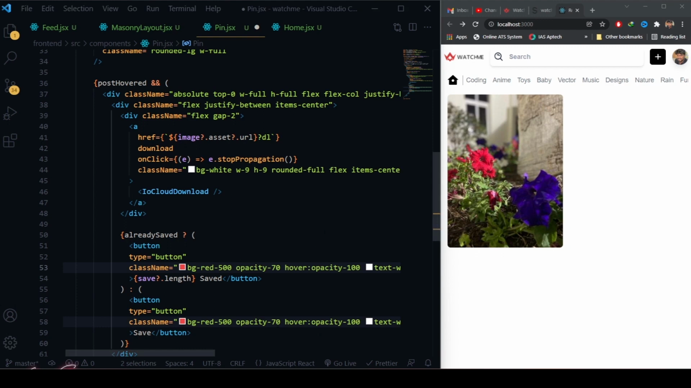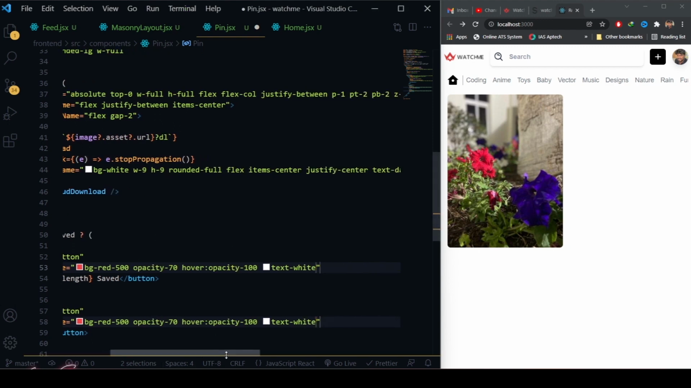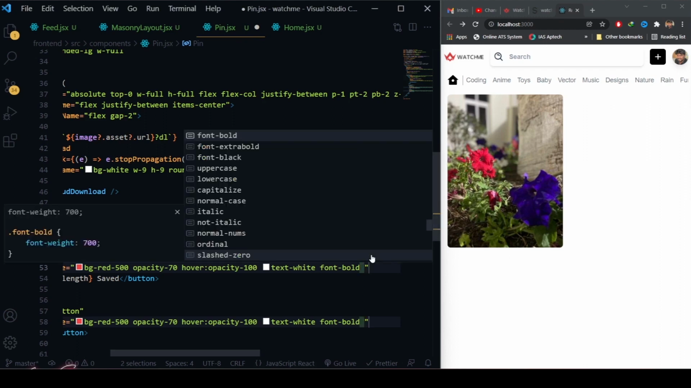So we need to add font bold. Okay, just a minute. Font bold, and then what are the styles we need to add for this? Font bold space